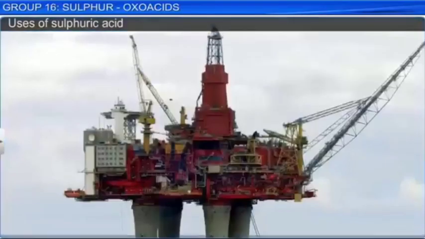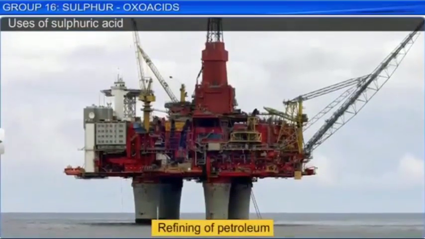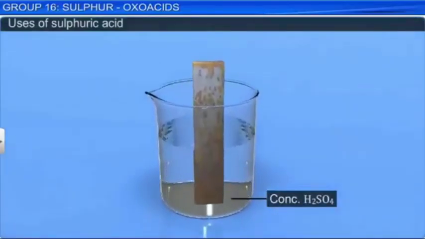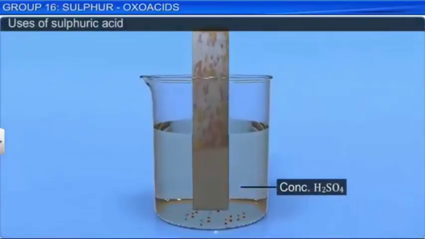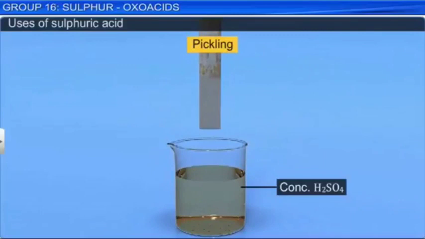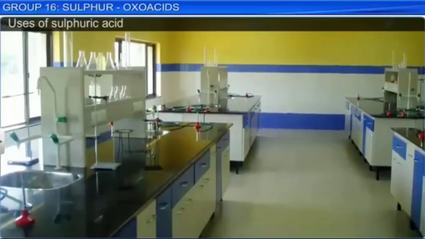It is used in the refining of petroleum. Sulfuric acid is also used as a pickling agent. Pickling is an industrial process for removing layers of basic oxides from metals like iron and copper before electroplating, enameling, soldering, and galvanizing. As a laboratory agent and a dehydrating and oxidizing agent,